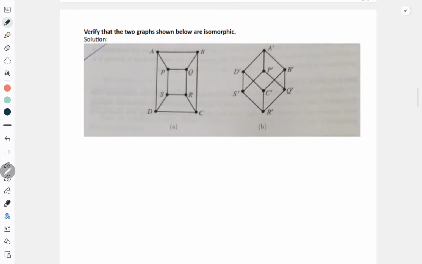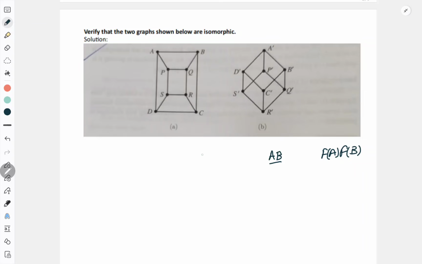Okay, now let's move to the next question. Again this question is very easy. Same thing: the number of vertices is the same, the number of edges is the same, and the degree of each vertex is also the same. So you just have to tell what the image of AB in G dash is. That is the only thing you have to search. When I defined it, I said that if AB is an edge in G, then f of A and f of B should be an edge in G dash. That is what is called adjacency, and that is what we are doing.